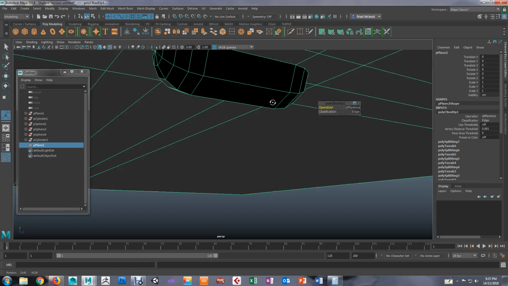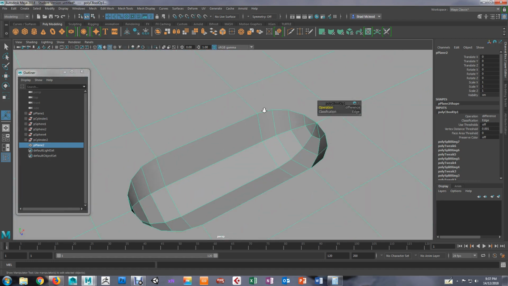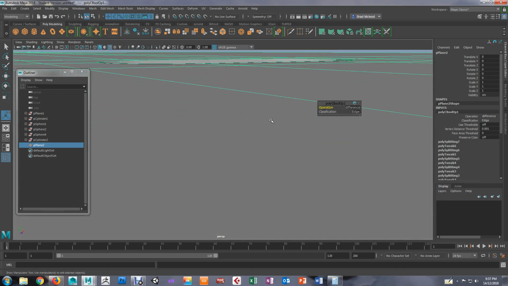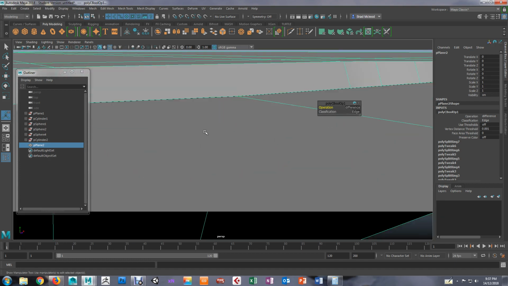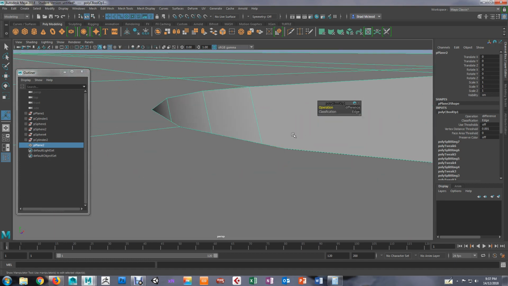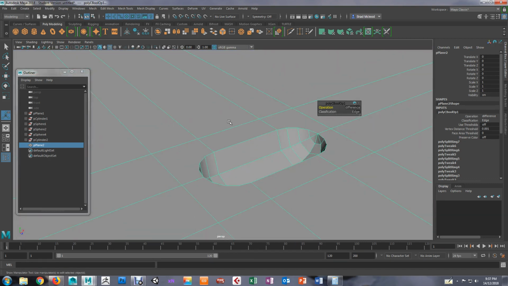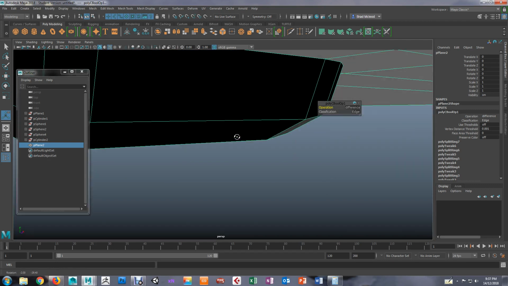Yeah, I wanted difference. Sorry, not union. So I used the difference operation. Okay. So mesh difference. Okay. So I got rid of the top